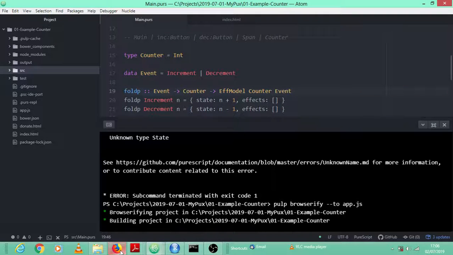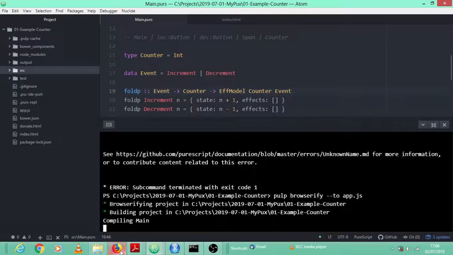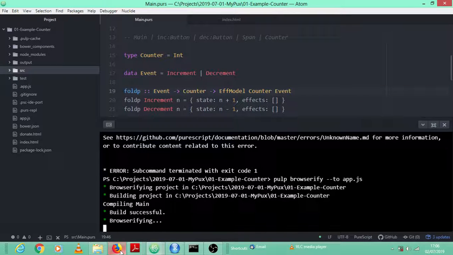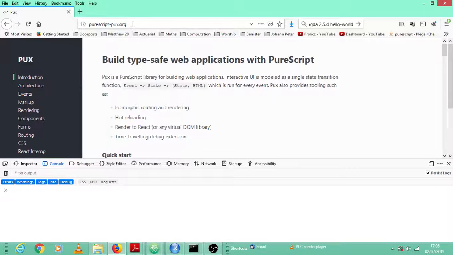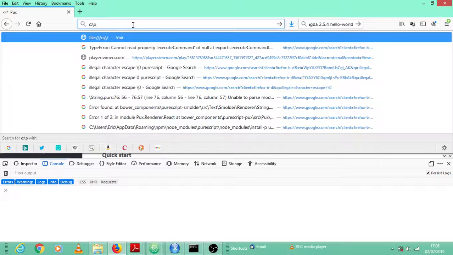But what I do intend to do in the future though is I want to look a bit more at browserifying. If you recall from yesterday, browserifying is of course when it basically puts all the JavaScript together into one file. And now, if we go to our project,